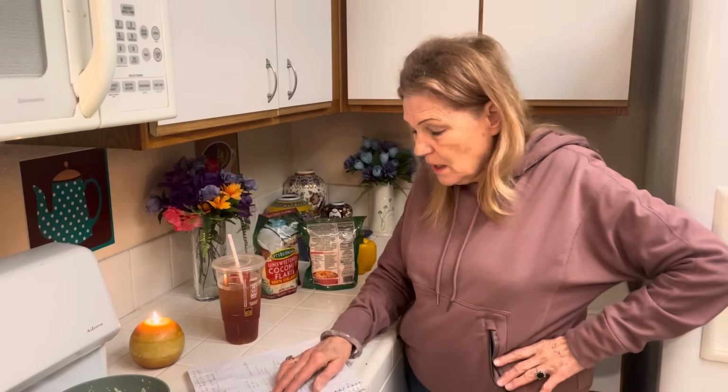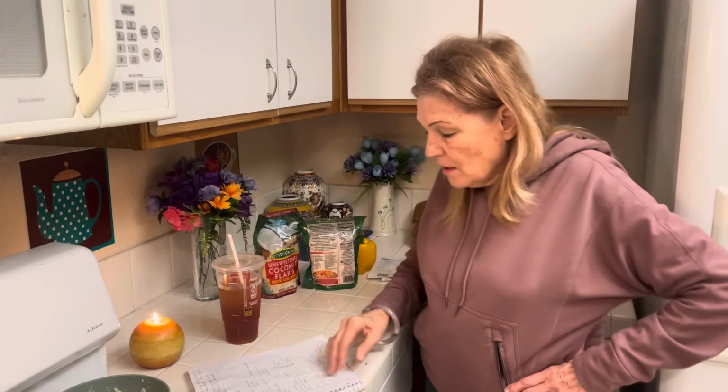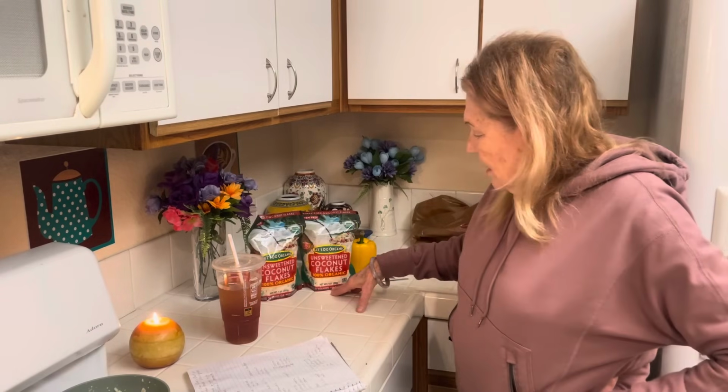So okay, let's think about this. Historically, if this has ever happened, is it inconceivable that it could happen again? Okay, so I bought mushrooms, but coconut is one of your best